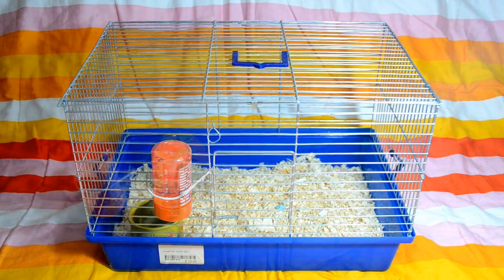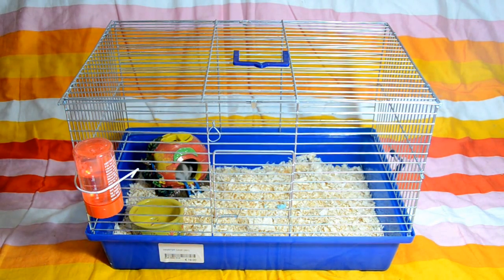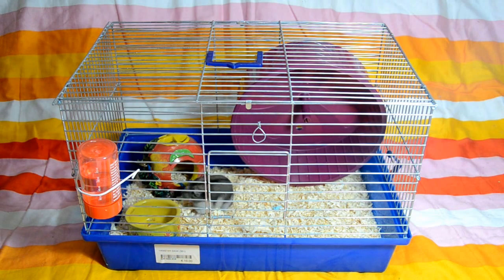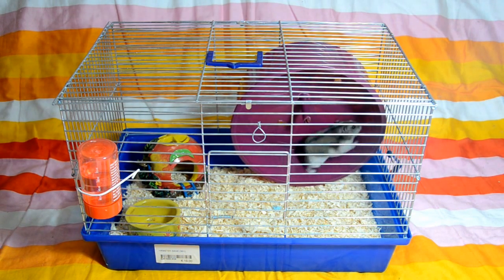Of course hamsters need houses in order to sleep in them, feel safe, feel secure, and it's just her regular little house, not very big, but an average size for a hamster home. So the next most important thing is the wheel, and this is just a regular dwarf-sized wheel, 8 inches, nothing fancy, nothing extremely big. So the wheel does fit in there quite snugly and she's really enjoying running on it already, but these are just the bare essentials: food, water, housing, exercise, the things she needs to keep her alive